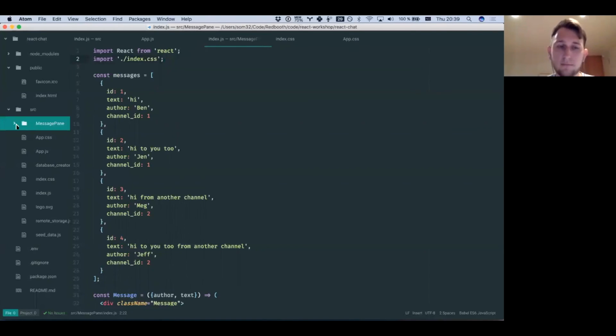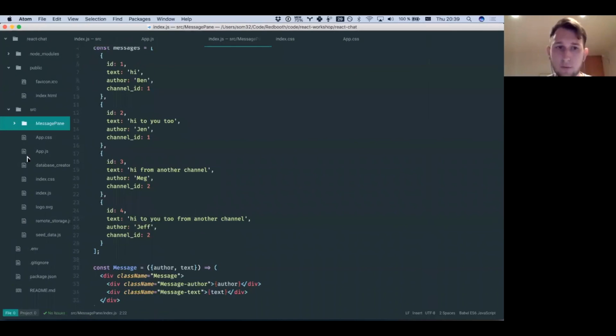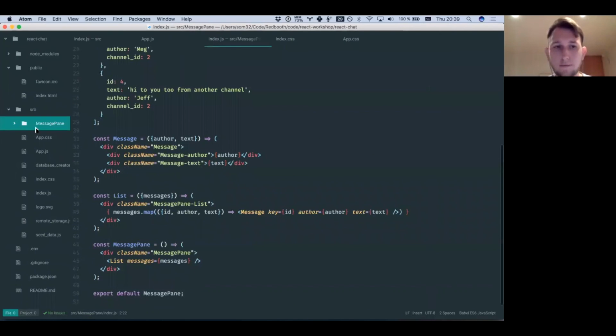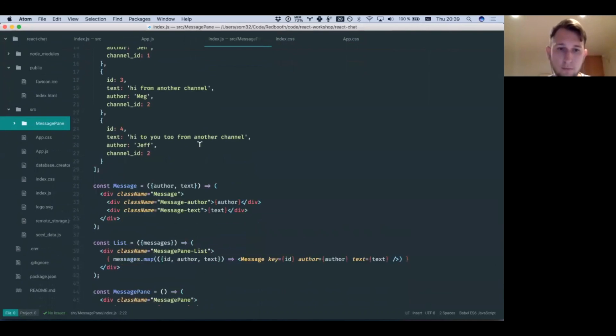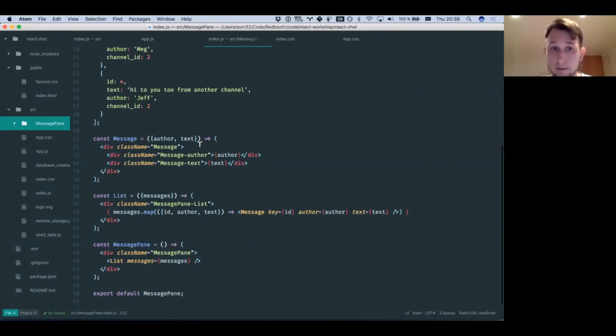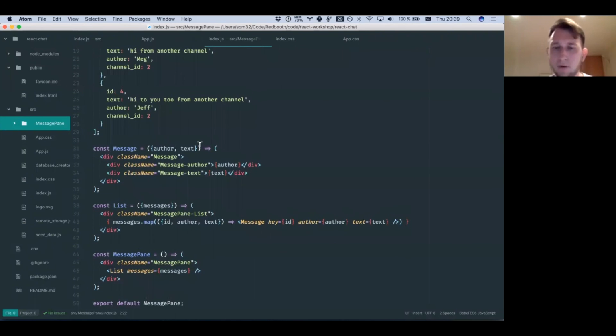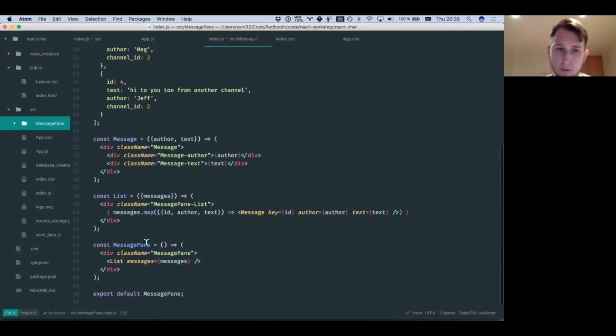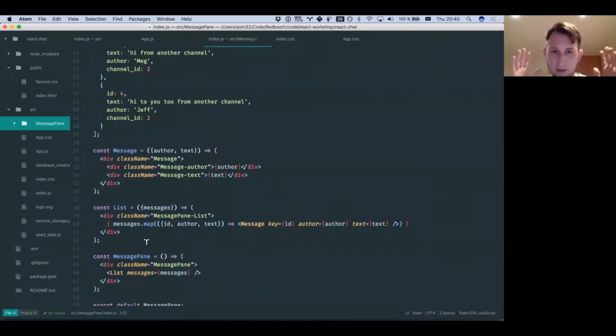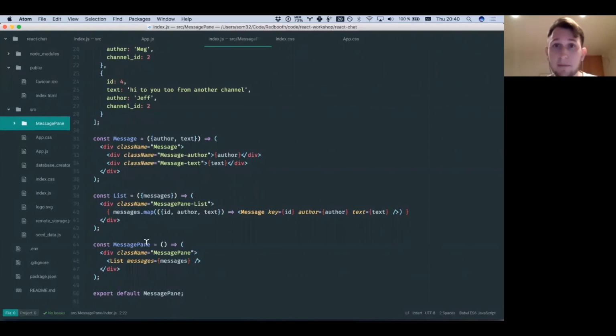And so now message pane is theoretically totally isolated, because the data is here, CSS is here, the DOM is here, so we can just copy paste this folder into a different project, and we will see totally the same results there. And also why it's good, because if we want to continue developing exactly this component, we don't need to think about app or any other component that we can have in our application. We can just work with this folder and in our own mental boundaries without overwhelming ourselves with extra information or extra anything. But when you want to start working with other components, you need somehow to